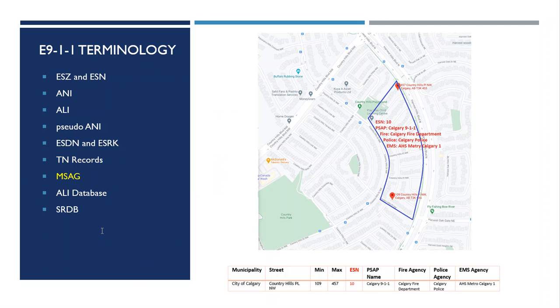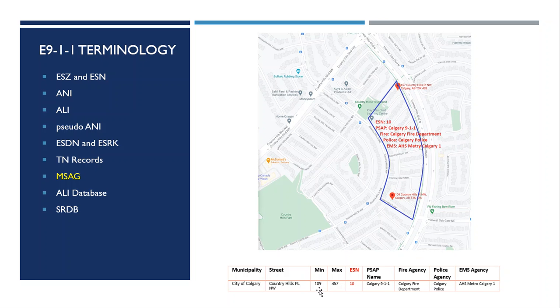So let's talk about the Master Street Address Guide. As I told you before, it's a mapping of the range of street addresses to the emergency service number. In this example for Calgary, the emergency service number is 10, and the MSAG database will have an entry like this for all the locations served by the telephony provider. So the municipality is the city of Calgary, and the street is Country Hills Place, Northwest. This is the sector. Even though it is a polygon, it is just a street because this particular street kind of goes zigzag this way